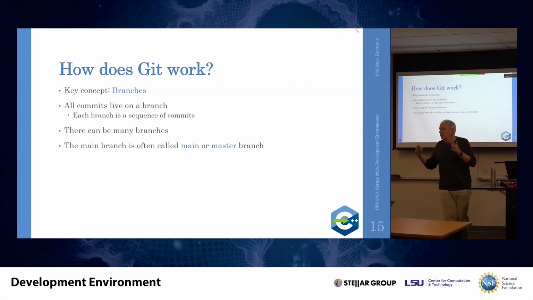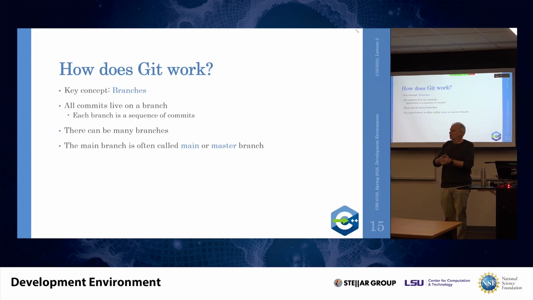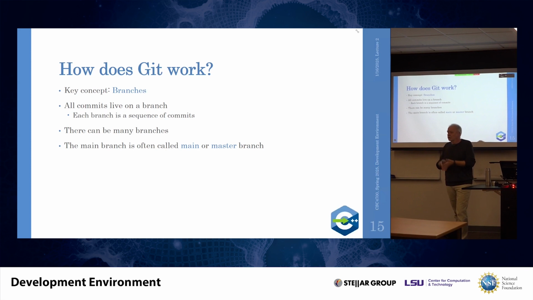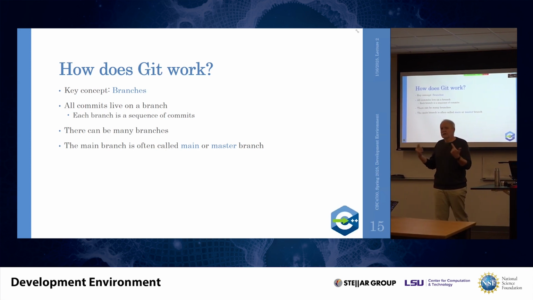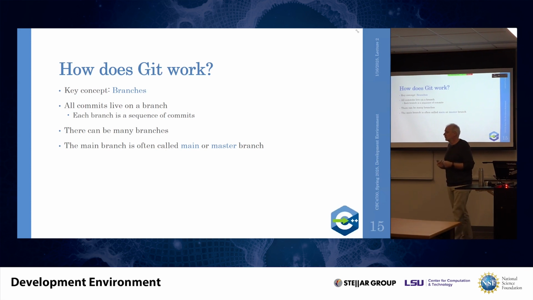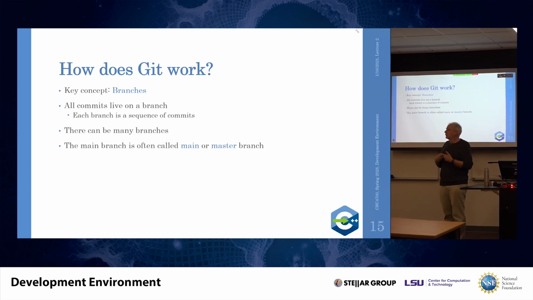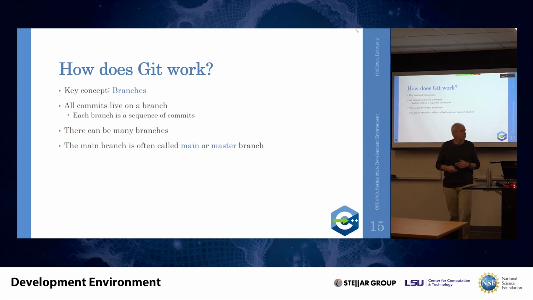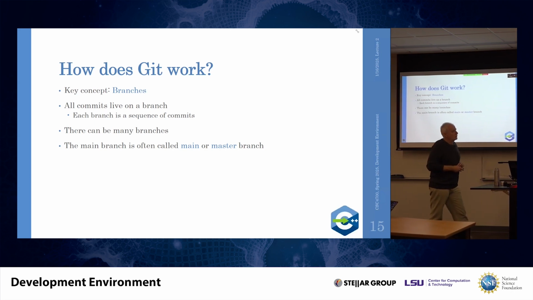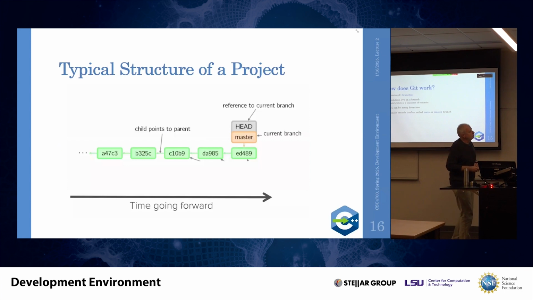Git helps you to merge the changes from several branches and helps you to resolve conflicts. If 2 people have edited the same line in a file, then there is a conflict because the system will not know which of the 2 versions to use. But as long as the changes are not on the same line, Git will be able to merge these changes automatically. The main branch is often called main or master.